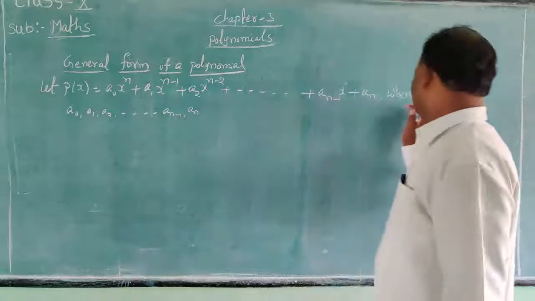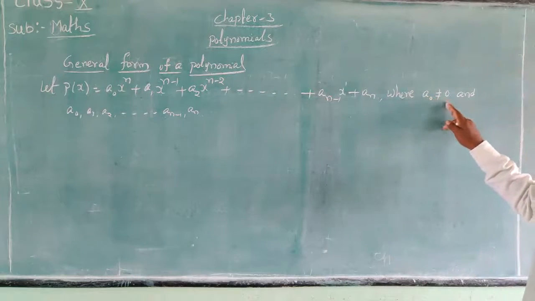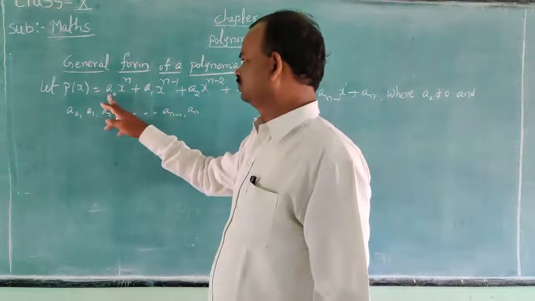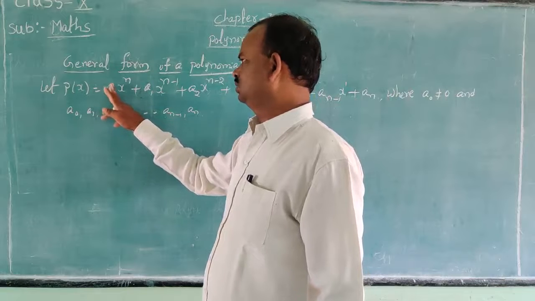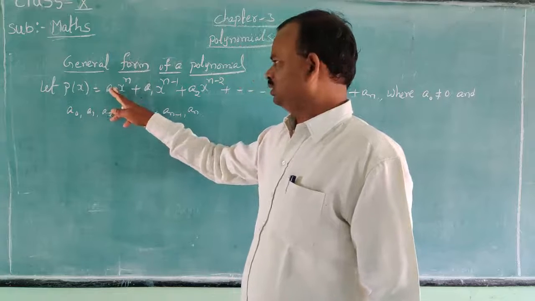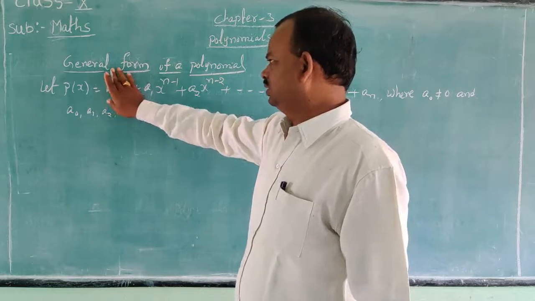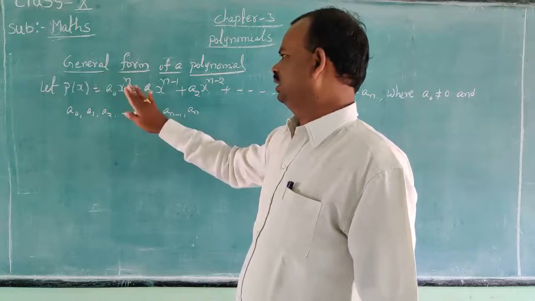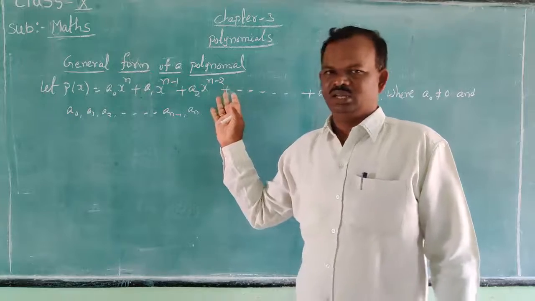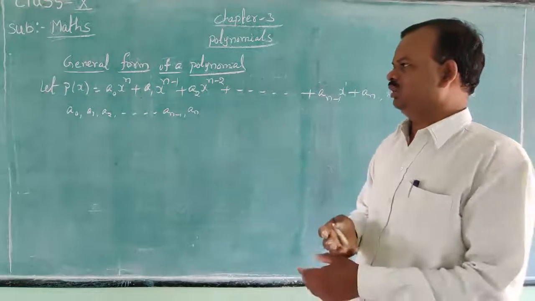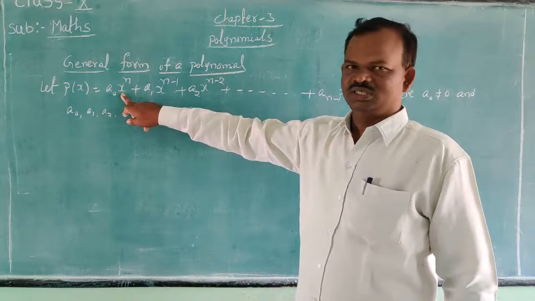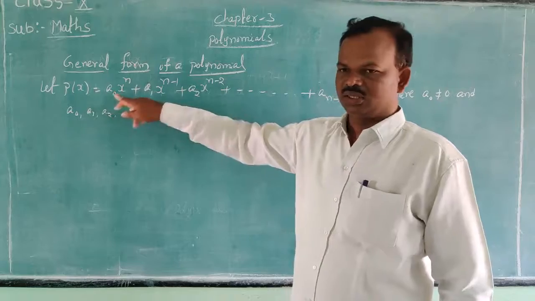Here in case of a0 equal to 0, that means we are substituting the value in that polynomial. If a0 is equal to 0, that means 0 into x power n, and 0 into anything is 0, so this term is 0. So it starts with a1 x power n minus 1, which has degree n minus 1, but we are writing that the polynomial has degree n, so this term is compulsory, so it is not equal to 0.